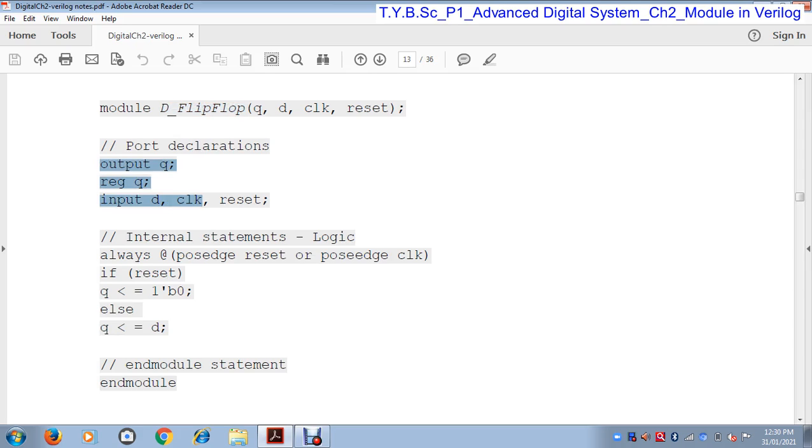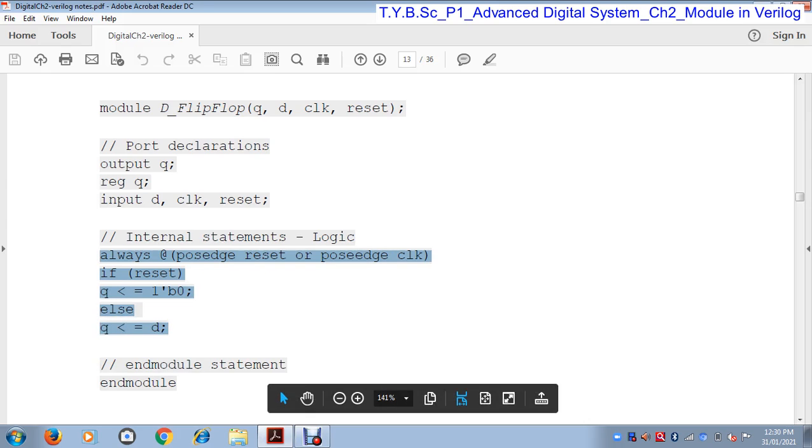These are declared within the port declaration block. So output is Q, Q is also a register data type, and inputs are D, clock and reset, and these are the conditions that satisfy the D flip flop. And finally end module, that means the program is ended.